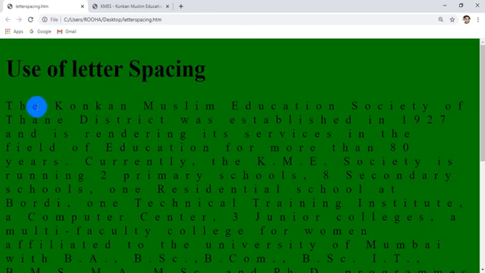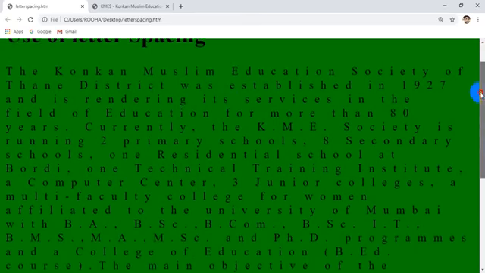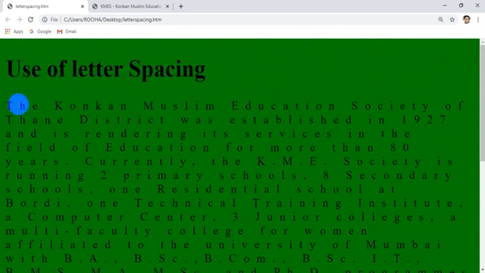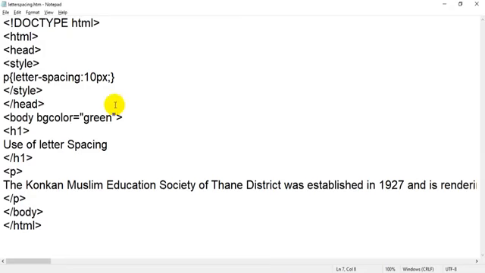That's why there is a 20 pixel space between E and K, because one space you have already given in your paragraph. Again you will notice between N and M there is a 20 pixel space, M and E there is a 20 pixel space. Getting it, student? Letter spacing property is used to add spaces horizontally, not vertically. If instead of 10, I write 50,